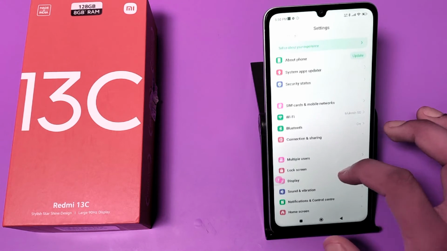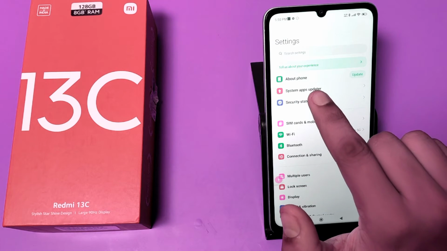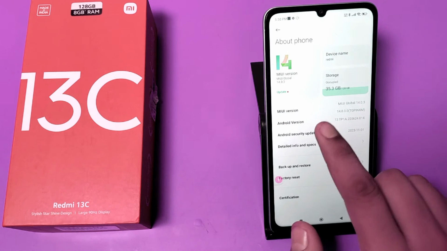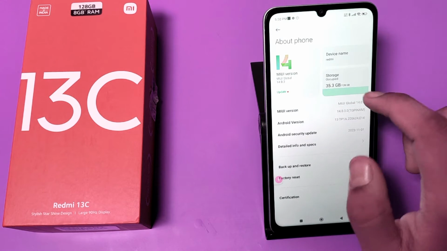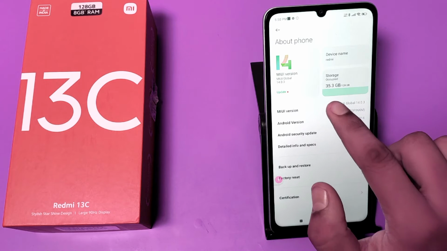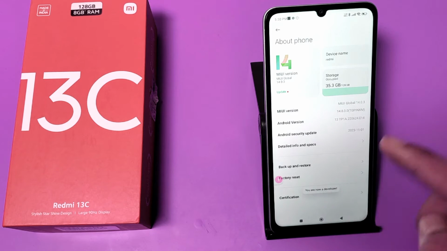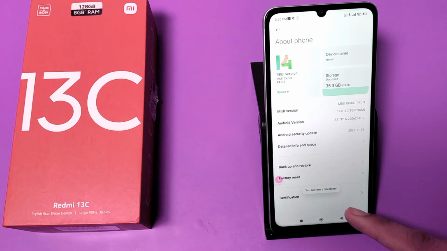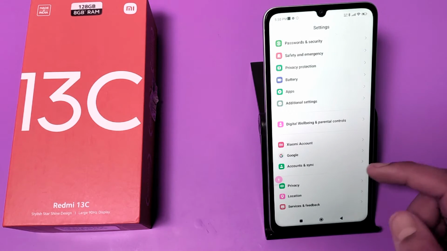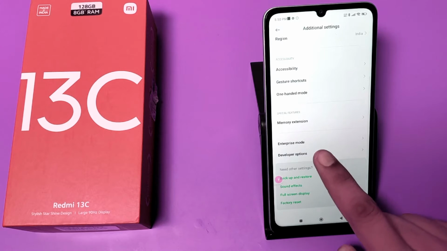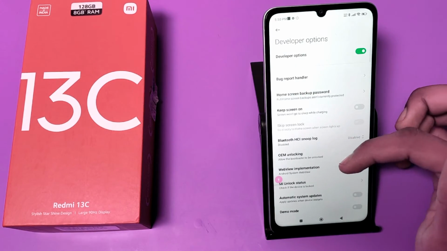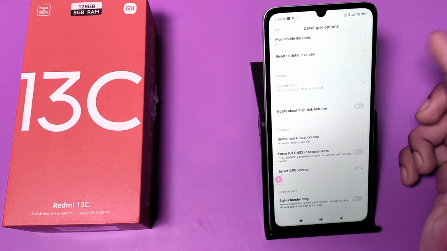Press back. First you have to open About Phone, and then you have to click on the MIUI version 4 to 5 times like this. And friends, you can see you are now a developer. Press back. You can see Developer options is enabled in your settings. Just enable this and then press